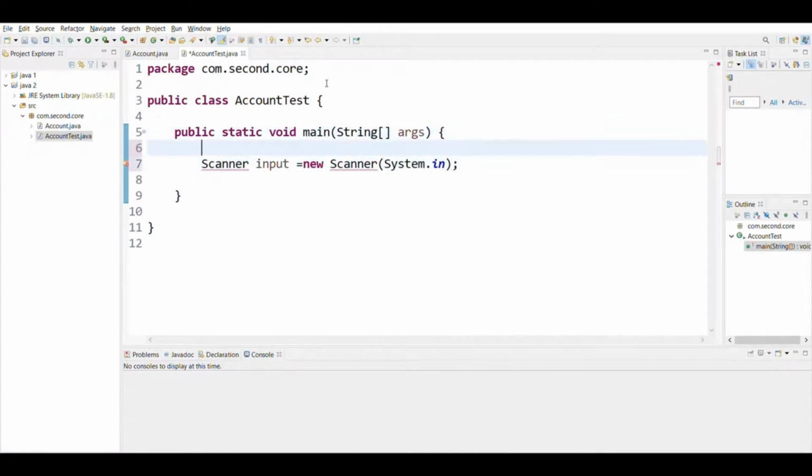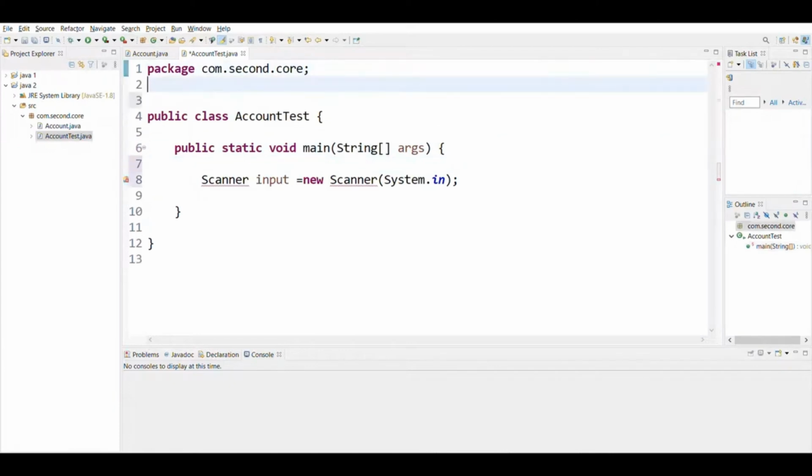For that, first of all, we are going to import the Scanner class: import java.util.Scanner;